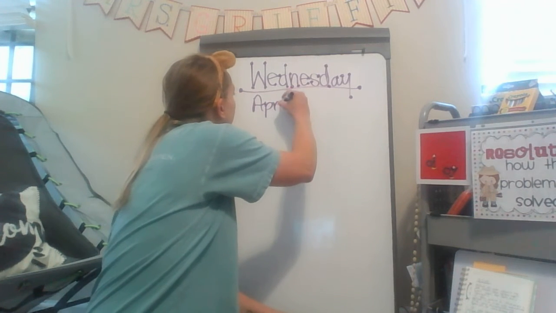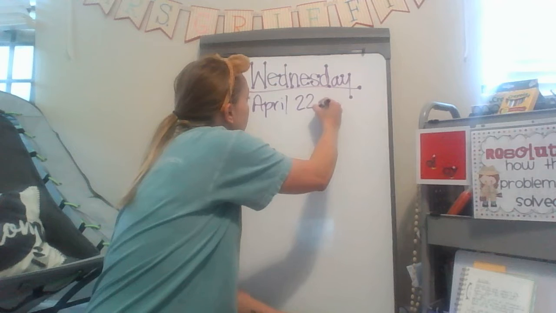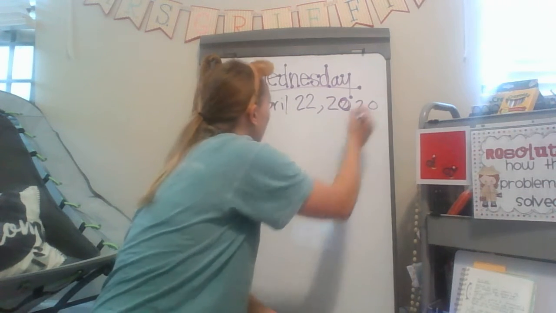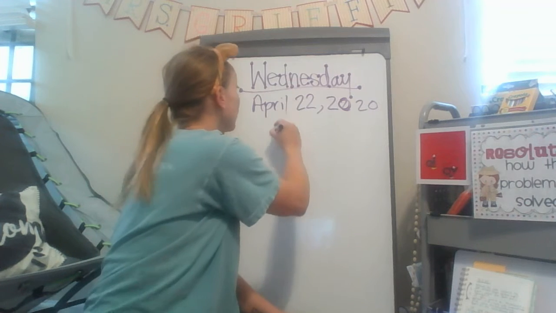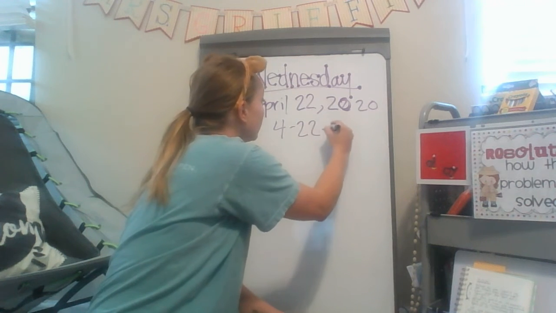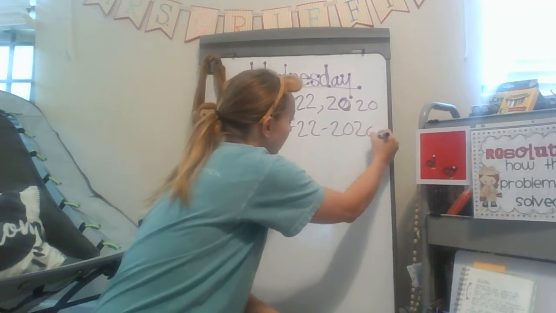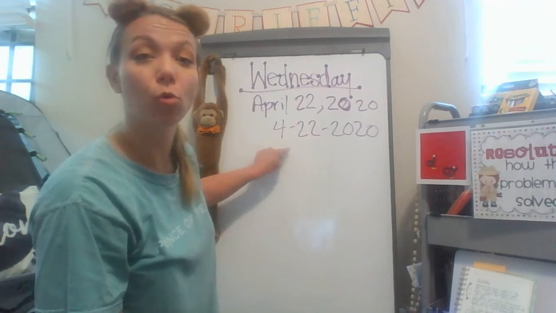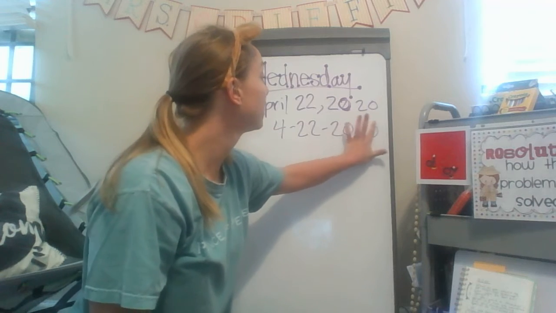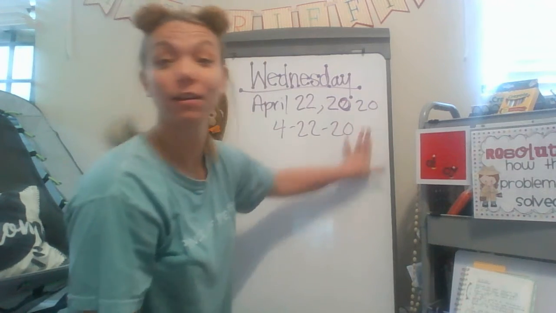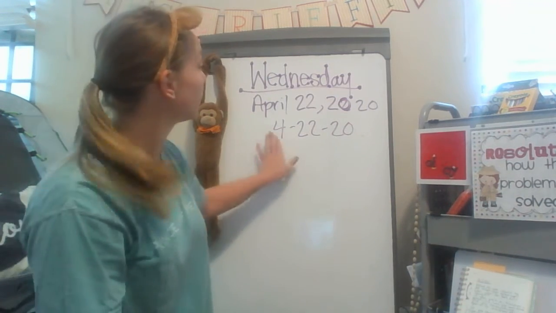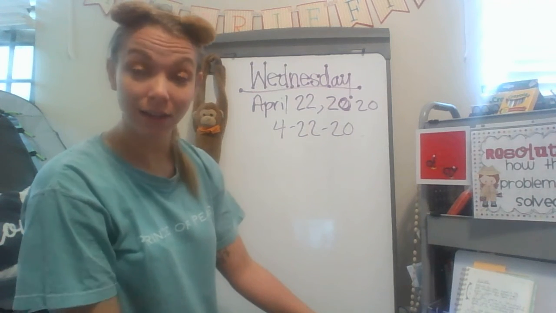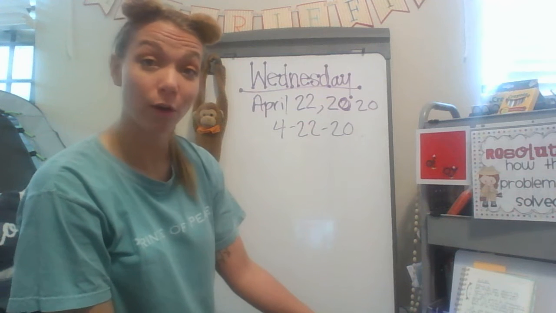April 22, 2020. Or 4, 22, 2020. You know, if you wanted to, you could just write 4/22/20 because it is the year 2020. So if you want to write it that way as well, that's totally fine. When you're ready, put the number 16 in the middle of your page and we'll go ahead and get started